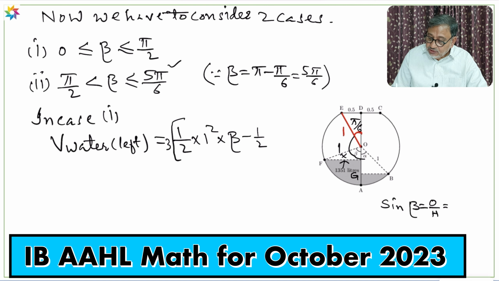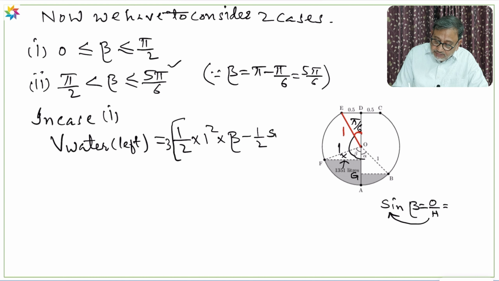So the opposite side will be h into this, and hypotenuse is 1, so 1 into sine beta is sine beta, and adjacent will be this side, so that will be 1 into cos beta, right? So cos beta only,